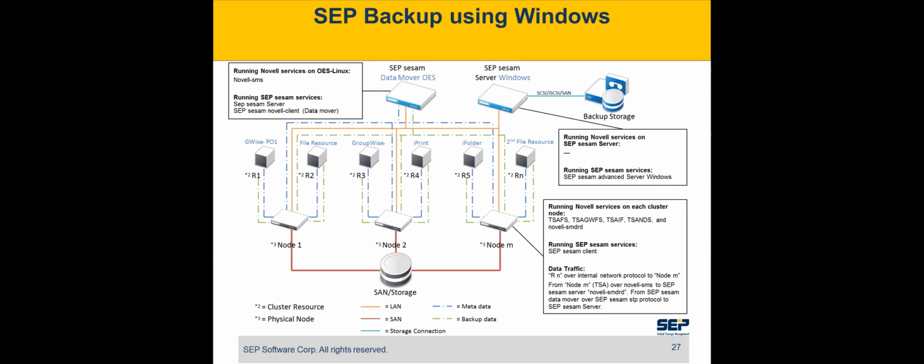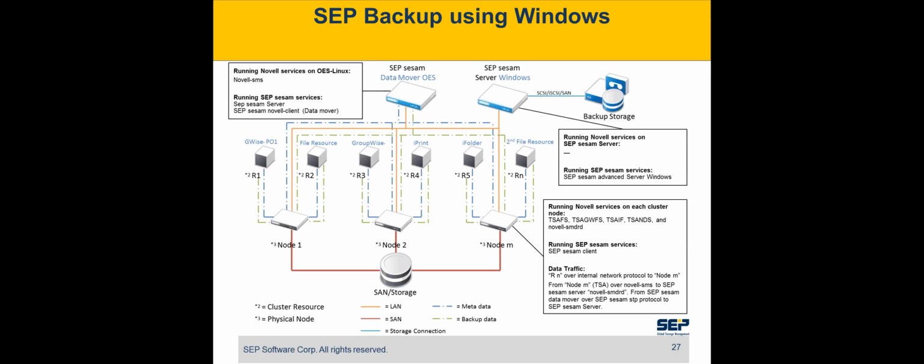Now, let's say you wanted to have your backup server be a Windows box for some reason, and you need to have that there because that's where your backup storage is at and what you're wanting to back up. We don't care. You just install this on Windows, and that's your backup server. For your data mover, you still have to have an OES box somewhere. So you'll bring up your OES box, install the data mover, and just identify that when you're setting up your backup: this is where my data mover is. And you'll see that in the live demo,